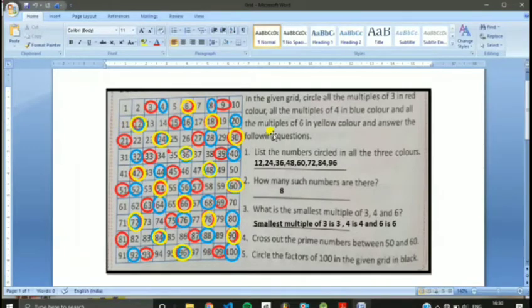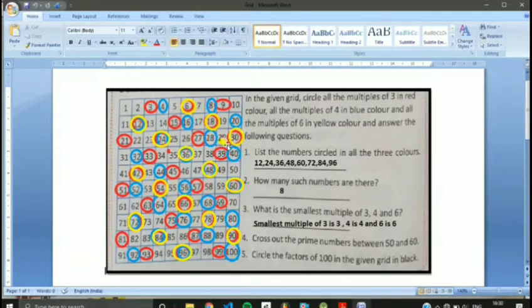Now my next question is multiples of 6 in yellow color. So let us start with 6. Again we are using the concept of tables. 6 1s are 6. 6 2s are 12. You can see they are in yellow color. Wherever one color or more than one color are already present, you have to make the shading. So 6 2s are 12. 6 3s are 18. 6 4s are 24, yellow.